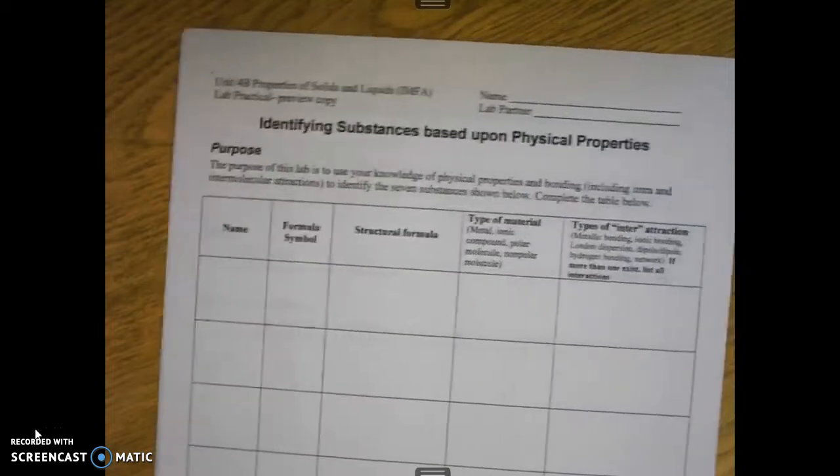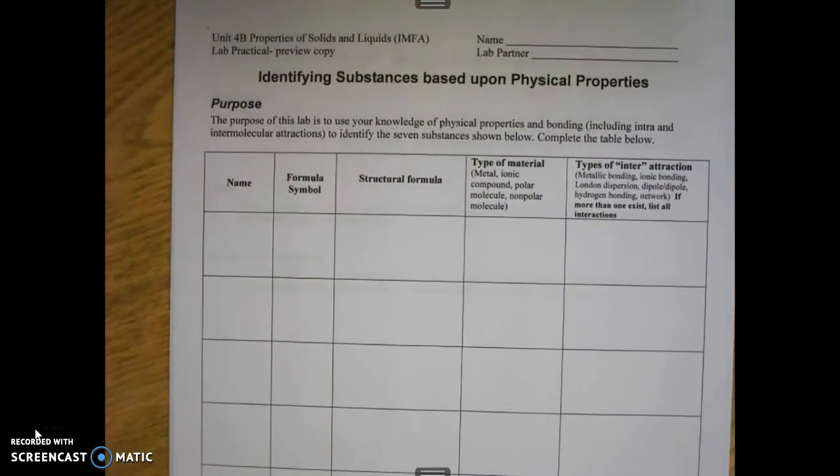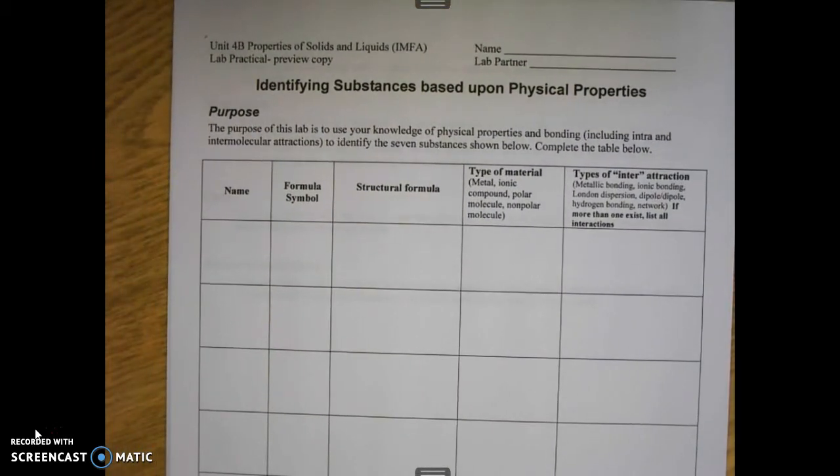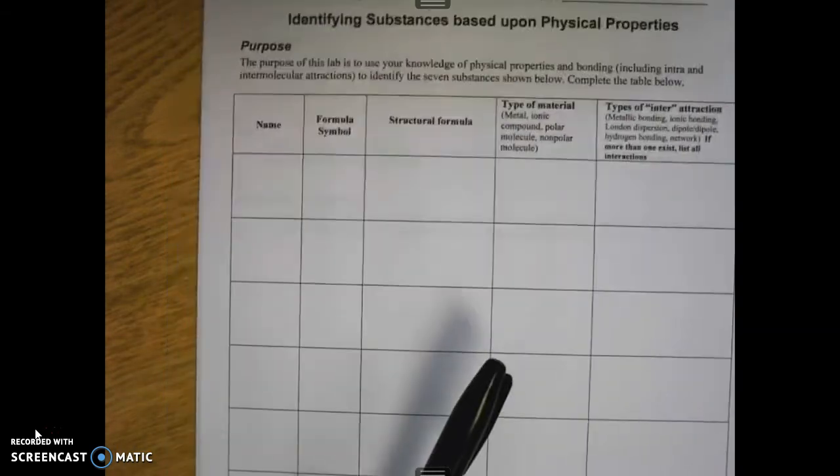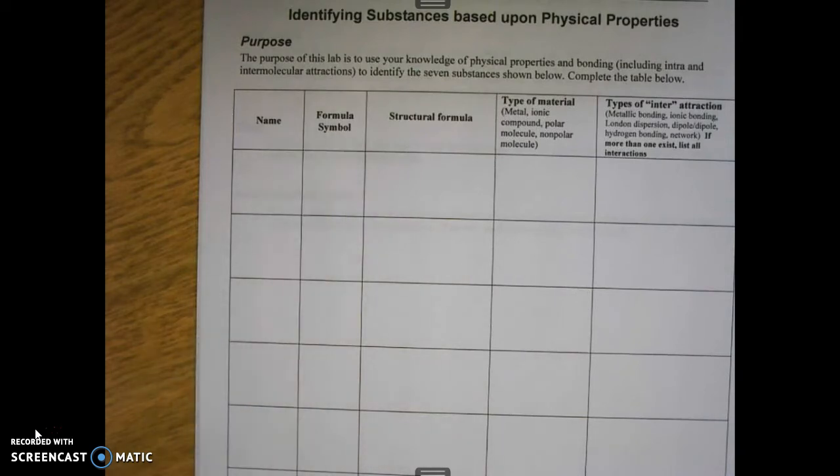So the first thing you're going to get when you come into class is a table that looks like this. However, it's not going to be blank. There are going to be the identities of the substances that you will have down the left-hand side. I may or may not include the formula, or the structure, depending upon what the molecule is. But you're going to know what the 7 substances are. When you go back into the lab, those 7 substances are going to be labeled A through G, I think. Yes, A through G. So what you need to do is test substances A through G,